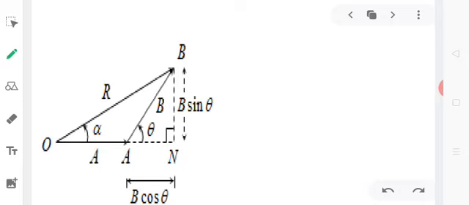So when we are simply writing A and B, or for resultant we are writing R, we are considering the magnitude. So let the two vectors A and B inclined at an angle theta be acting on a particle at the same time. Let them be represented in magnitude and direction by the two sides OA and AB of triangle OAB taken in the same order. Then according to triangle law of vector addition, the resultant R is represented by the third side OB of the triangle taken in opposite order.